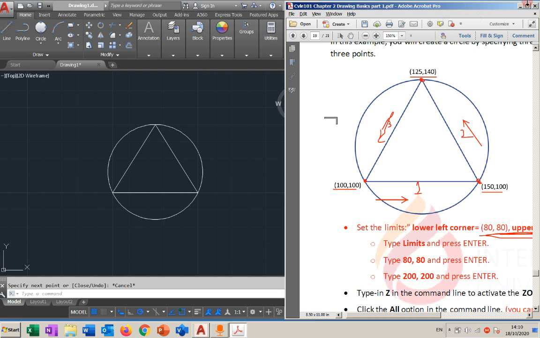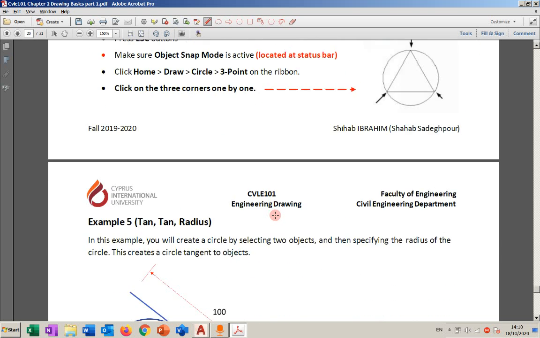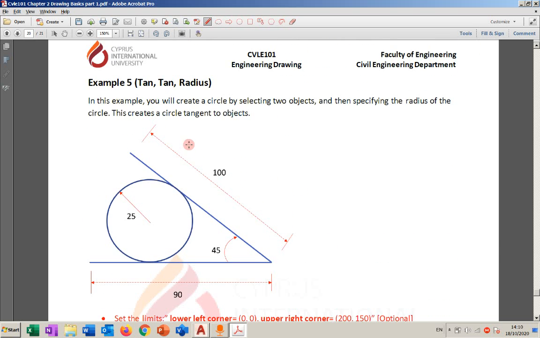In the next video, we're gonna explain tan, tan radius. We're gonna explain tan radius, and we're gonna use explaining tangent to see how we're dealing with